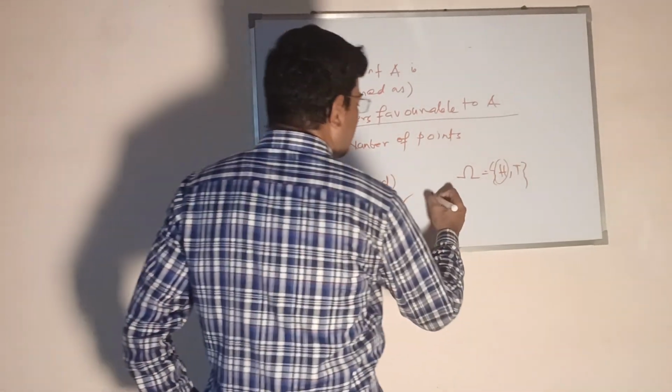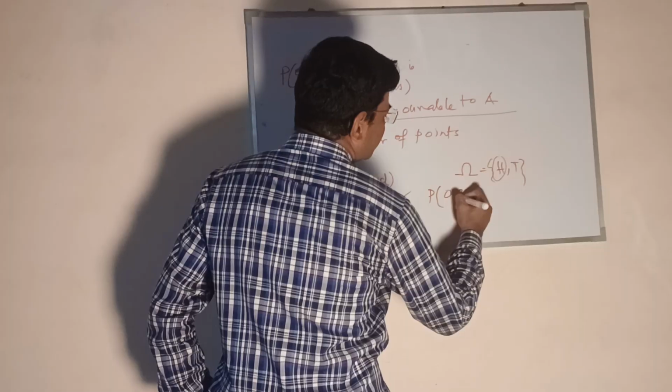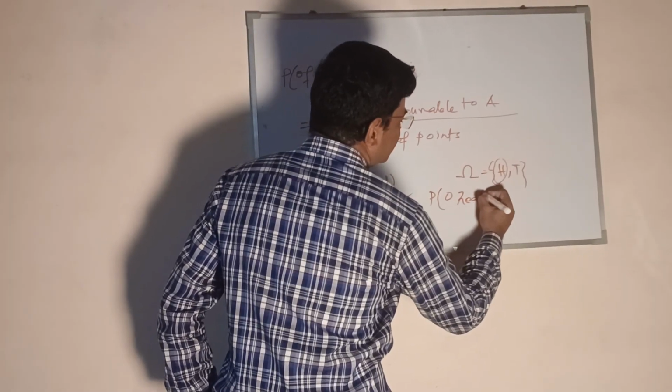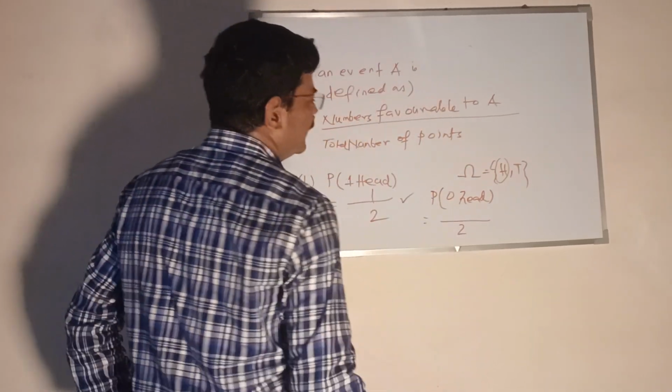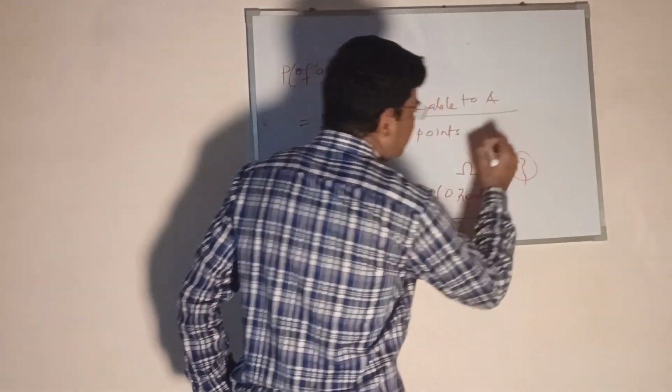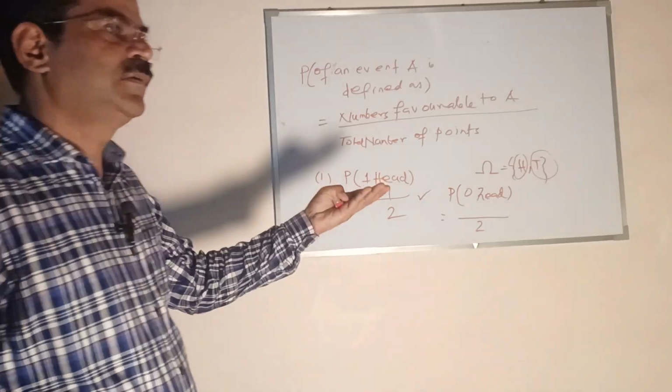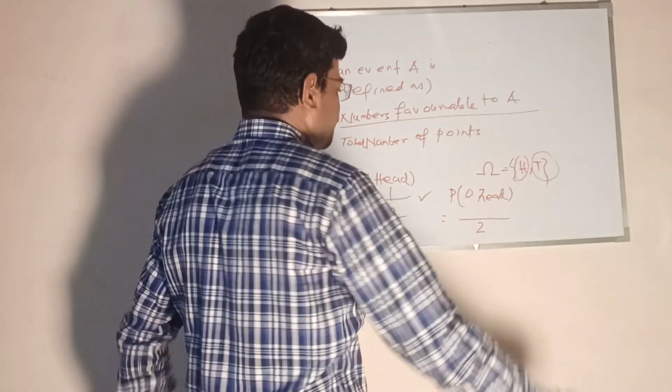What is the probability of 0 heads? Again, the total number of points is 2. And this particular item T is favorable, as there is no head. So the probability is